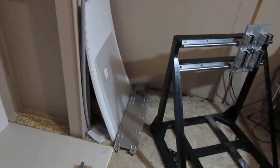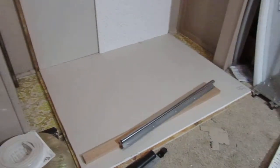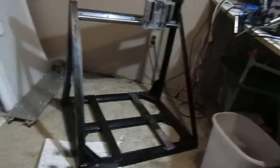So I decided I had to turn it sideways. So the CNC machine is going to be sideways in here, which requires me to change the whole way that I was going to go about building the door part for the enclosure, and it's causing a lot of headaches and problems. Yeah, it stuck out too far. I had to put it in there sideways, which kind of sucks, but